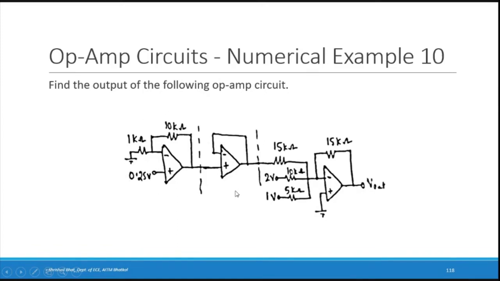What is the second stage? There are no resistances used. Input is connected here, output is connected back to the inverting input terminal. What is the second stage? Yes, it is a voltage follower. You're right. And what is the third stage? You can see at the inverting input terminal, there are 3 inputs. And from the output, it is connected back through a feedback resistance to the inverting input terminal. What is the third stage? Can anyone else answer? Yes, it is an inverting adder, a 3-input inverting summing amplifier. Right? So we will solve this stage by stage.